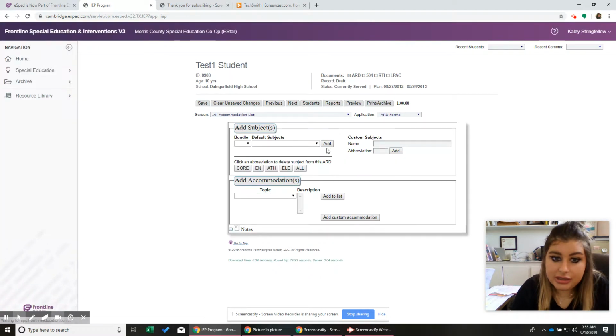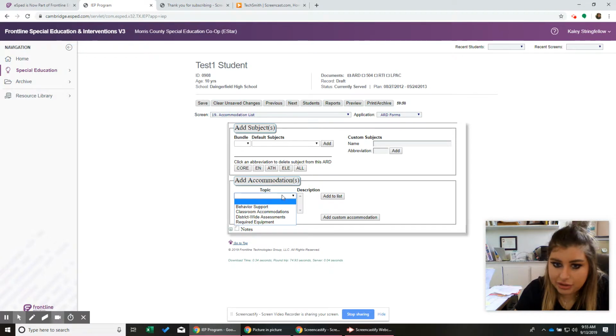Elective. That can be your CTE. So now we have our accommodations. And if there is an accommodation you use all the time, tell me and I can get it added to this list, and it makes it way faster than you typing it in. I just didn't really know what to put, because I'm not sure what y'all want. So just tell me.